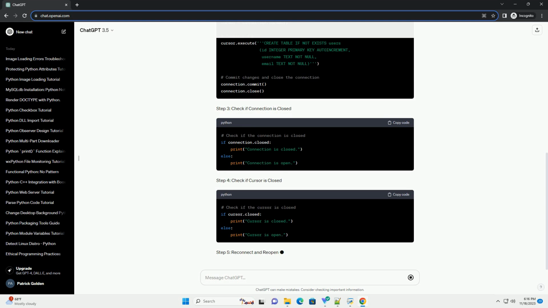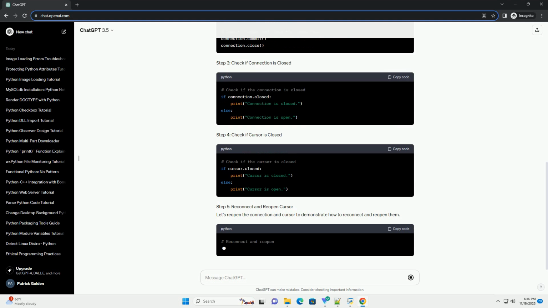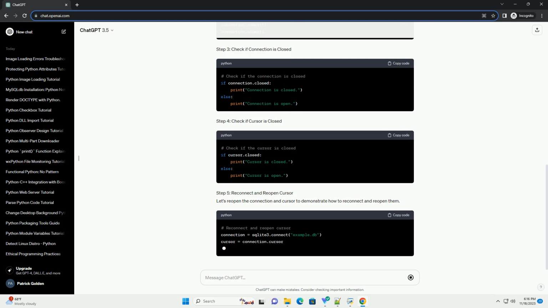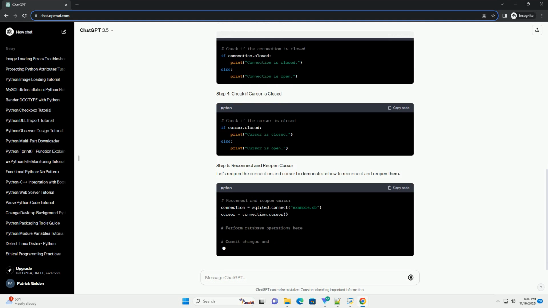Conclusion. By following these steps, you can check whether a SQLite database connection or cursor is closed in your Python application. Properly managing connections and cursors is essential to ensure the integrity and performance of your SQLite database interactions. Always remember to close